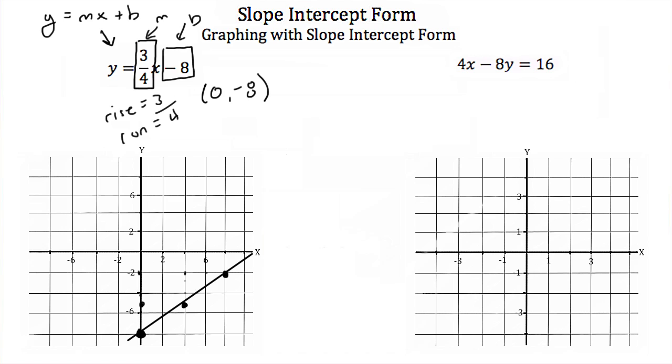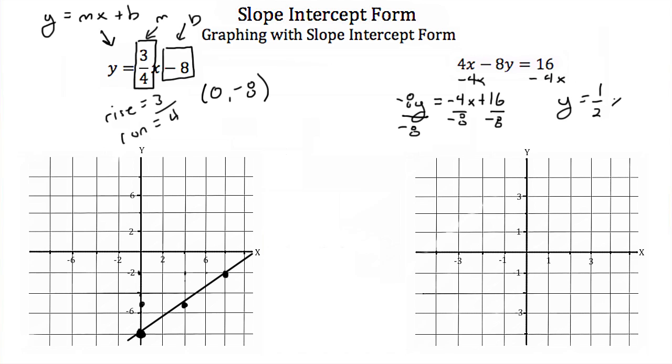Let's try this again with the next example, except this one is not written in slope-intercept form, so we're going to have to put it in slope-intercept form. So here I'm going to subtract 4x from both sides. We'll end up with -8y is equal to -4x plus 16. I'm going to divide everything by -8 to get the y by itself. We're going to end up with y is equal to